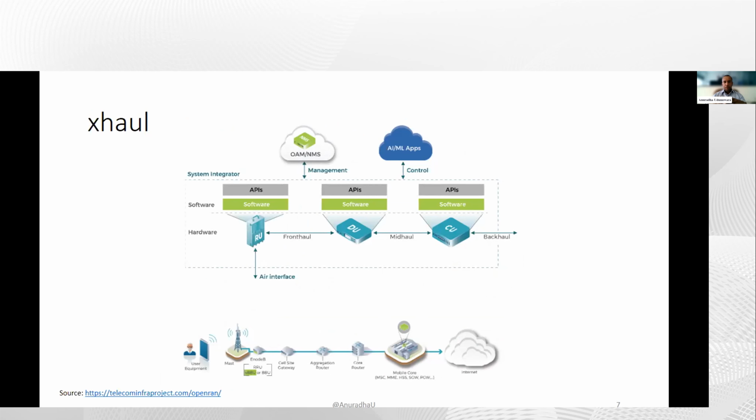So transport used to be mobile backhaul. That is something that we used to call it for a longer period of time, from the days of 2G. It was just a backhaul, but from 4G onwards, as we move to 4G, 5G, and 6G, and other future mobile technologies, we see this introduction of the front haul, the mid haul, the back haul, and in the future you will have other segments as well, making the scope and the domain of the transport expanding towards different areas